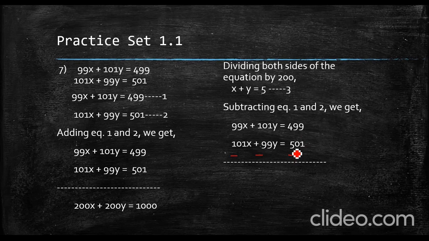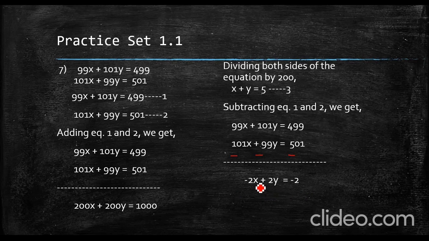499 minus 501. अभी यहाँ पे स्मॉलर नंबर को मैं माइनस कर रही हूँ बड़े नंबर से, छोटे नंबर से मैं बड़े नंबर को माइनस कर रही हूँ. सो अगेन यू आर गोइंग टू गेट माइनस. सो इसका आंसर क्या आएगा? -2x plus 2y is equal to -2. क्लियर है? नाउ अगेन जैसे हमने यहाँ पे इसको सिंप्लीफाई किया था,